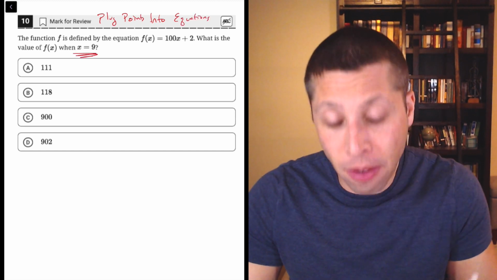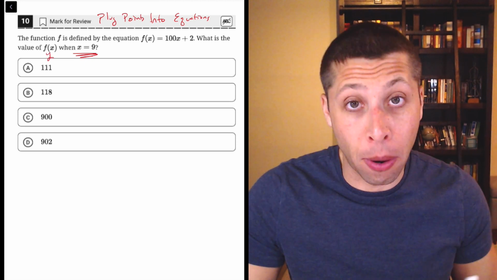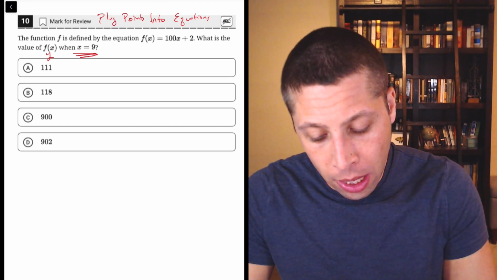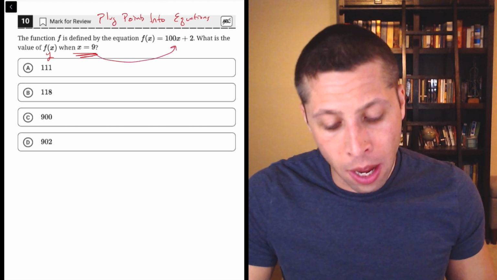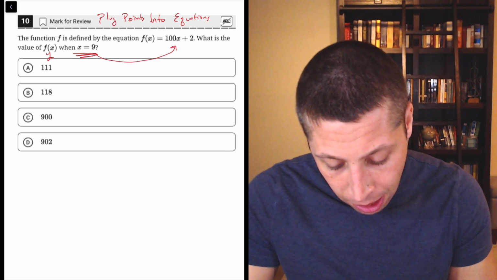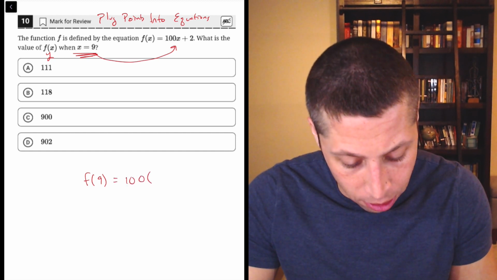So we're given half of a point. We're given the x half, and we're basically getting asked for the y part. So remember, f of x is just another way of expressing y. So if we just do this substitution, then we're going to put the 9 in place of the x. So we would have f of 9, that's technically how we would write it, equals